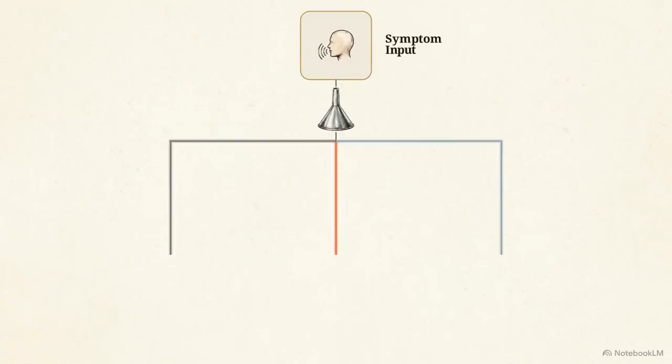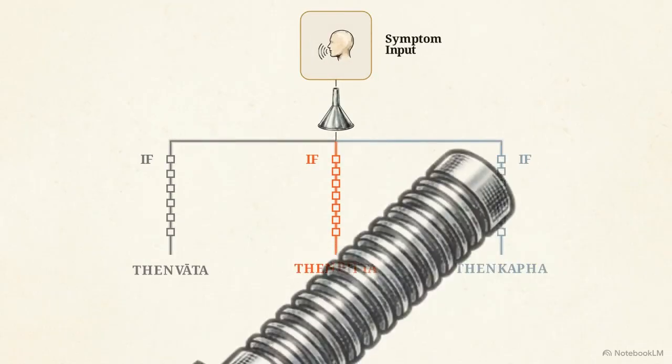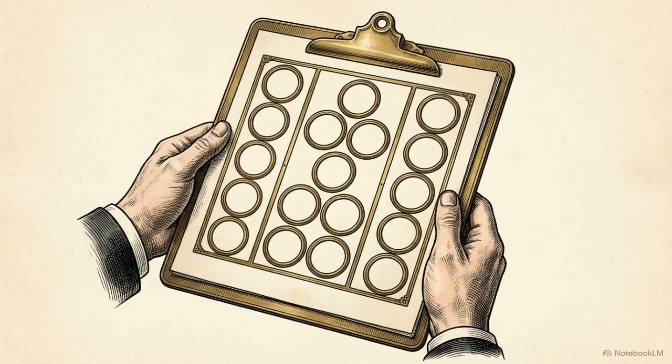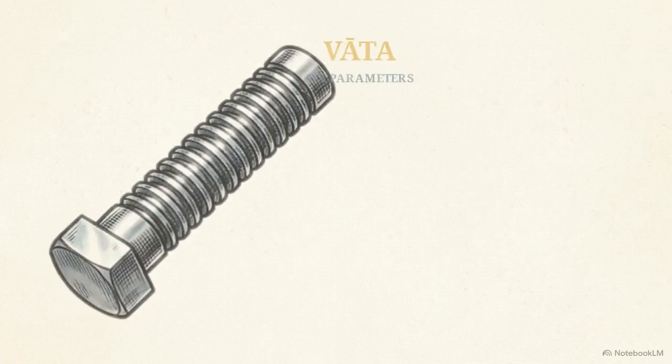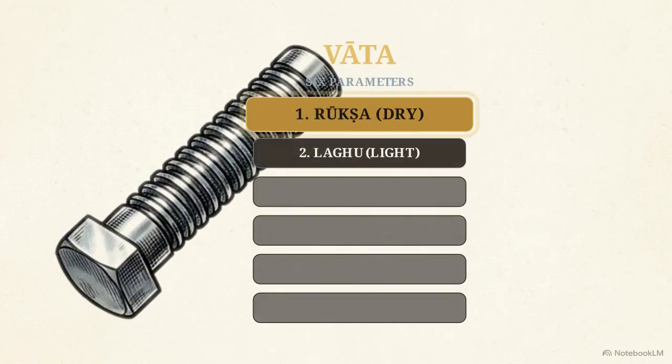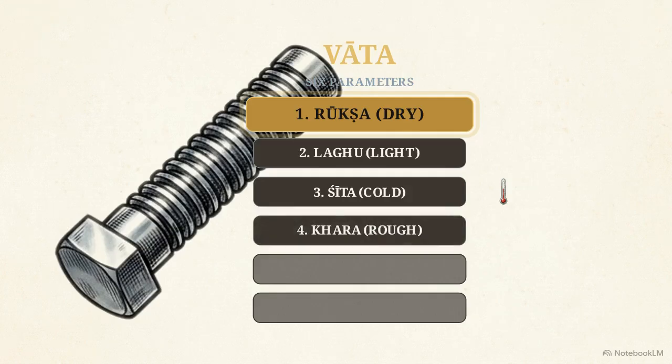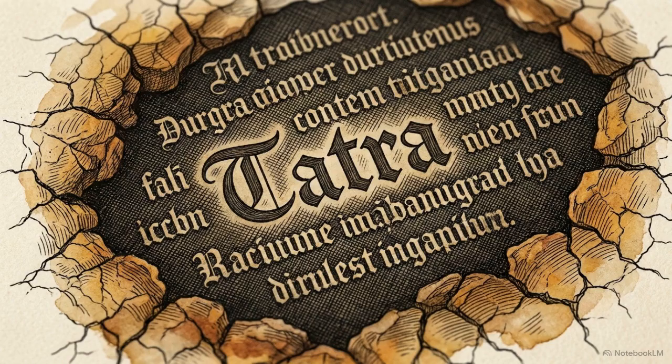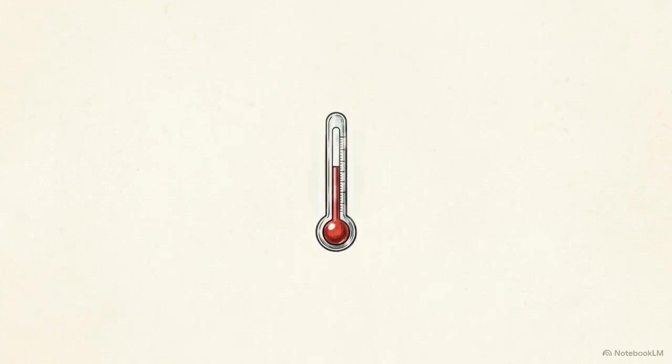These ancient lists function as diagnostic algorithms, providing the specific parameters a physician must use to identify a dosha through its actions. The text begins with Vāta, outlining its 6 parameters: dry, light, cold, rough, subtle, and mobile. The commentary emphasizes the word tatra, or specification, to isolate Vāta from its counterparts, marking ruksha, dryness, as its foundational trait. Philosophers raise an objection.